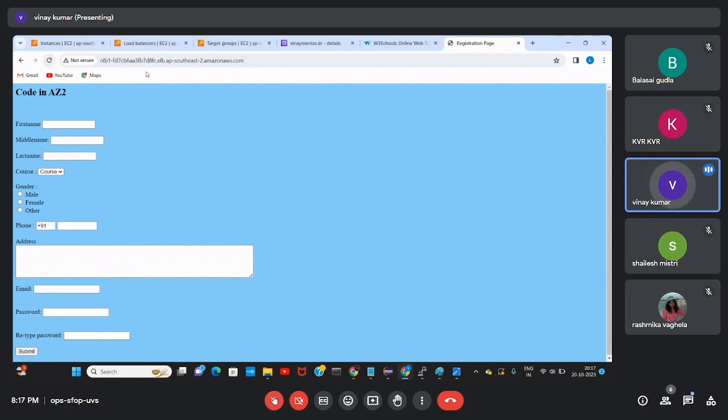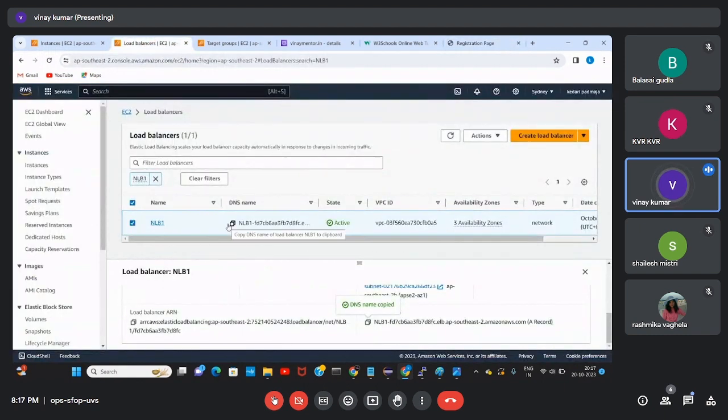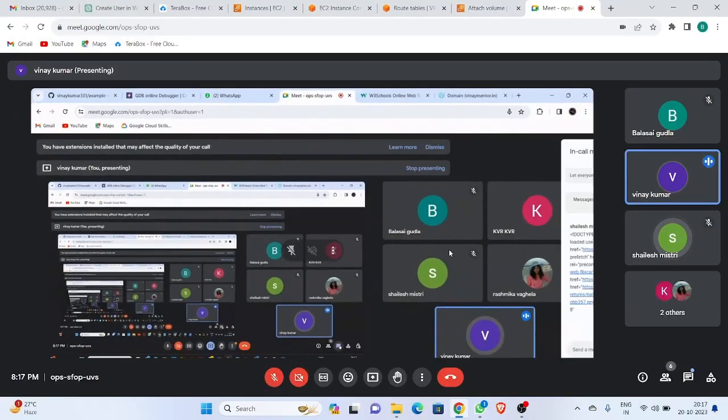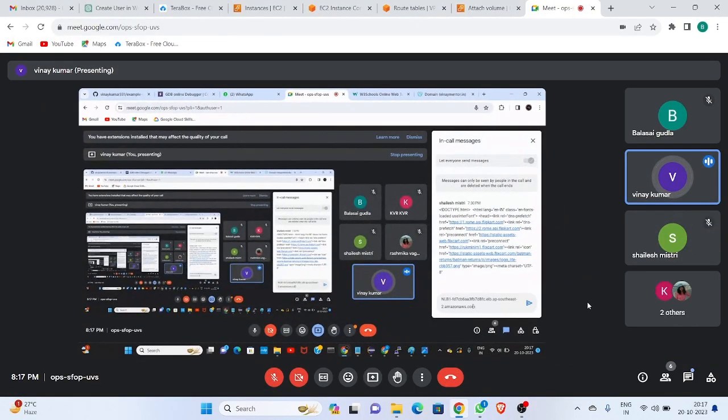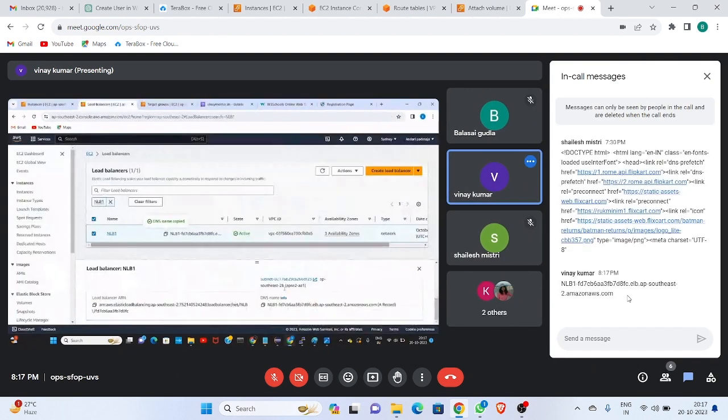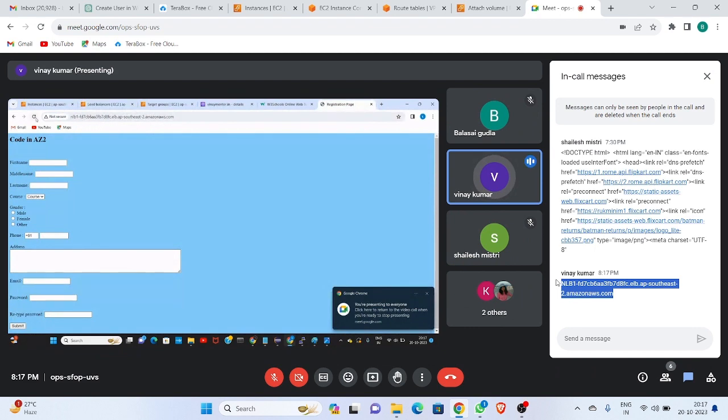You can also search with your devices. If you want, I will paste it in the meeting chat. I'm pasting it in the meeting chat. You can also search with your devices and keep on refreshing. It will connect to other servers sometimes.